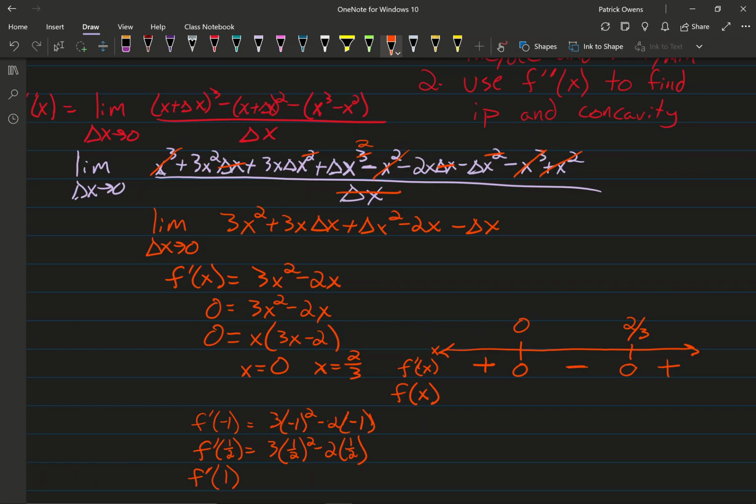Now, we can then label where our maximum and minimum values are. We need to move on